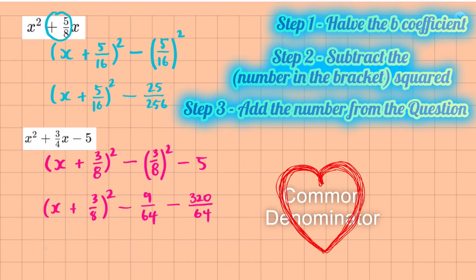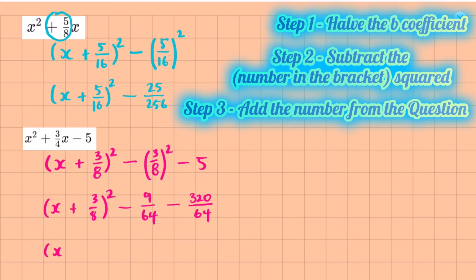And so our final answer is going to be x plus 3 over 8 all squared, and subtract 329 over 64. You could turn that into a mixed number. You could potentially cancel it down, but that's going to be enough to get you what you need. You put it equal to 0 and rearrange it, or you could find the minimum point